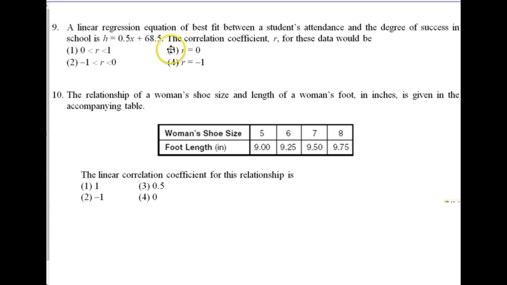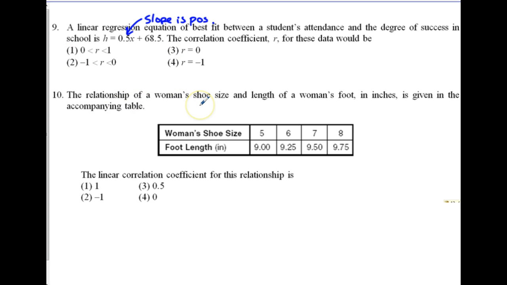So that pretty much rules out some of my choices here. Like the one that has 0, I can pretty much rule that out. The one that has negative doesn't make any sense. The one that says it's between -1 and 0 doesn't make any sense. So pretty much the only one that makes any sense at all is the one that's between 0 and 1. And then finally, the last question